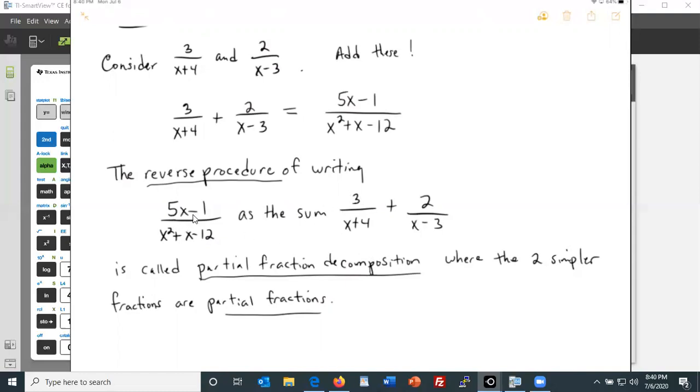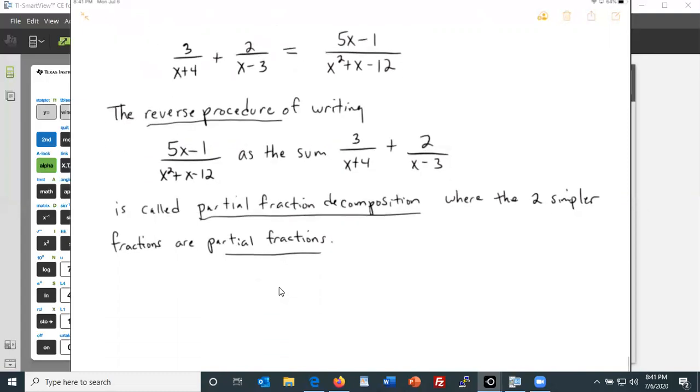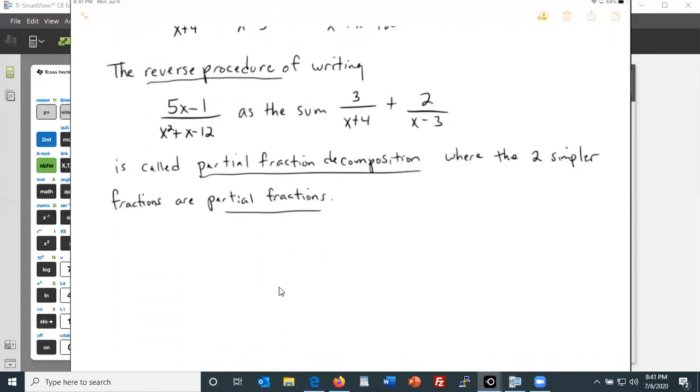And what you're doing is you're breaking one whole thing down into simpler parts. So that's why they're called partial fractions, because each fraction is a part of the whole thing. So partial fractions are just parts, all right? Fraction parts, that when you add them together give you the whole thing, all right? So you're breaking down one whole fraction into simpler fractions. Okay, so